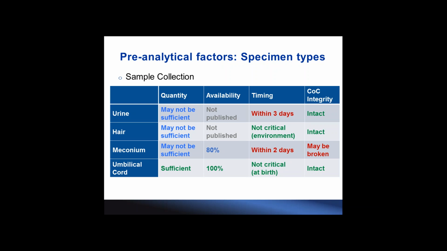Last but not least is the chain of custody integrity. In a few slides prior, I have shown you some boxes for the collectors to fill out each attempt. The collector gets the meconium samples before it's completed, and in that sense, it is a very high risk of breaking the chain of custody. We did some internal survey of the chain of custody forms and found that about 40% of the meconium samples that we received had more than 2 collection attempts.